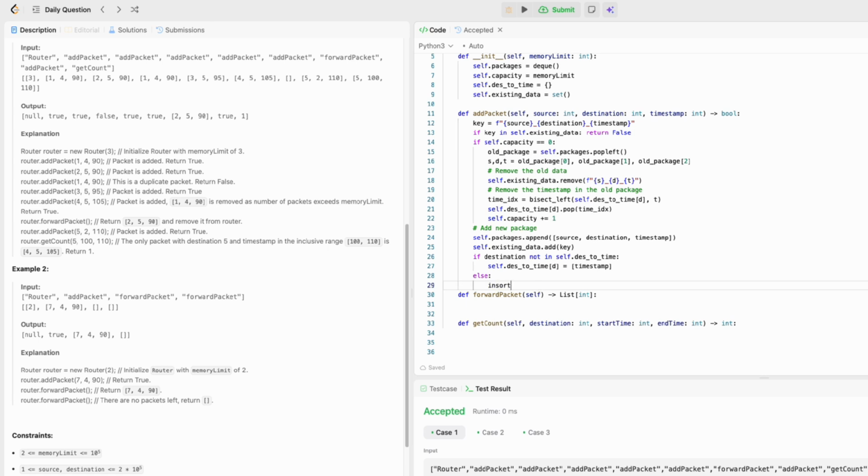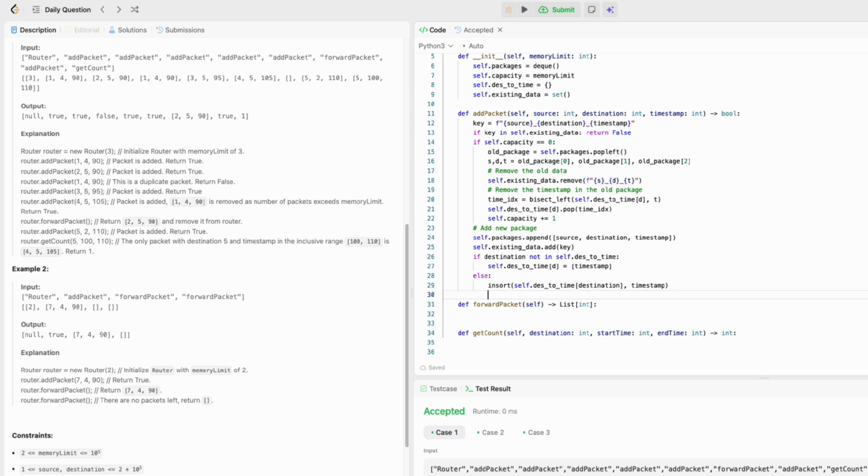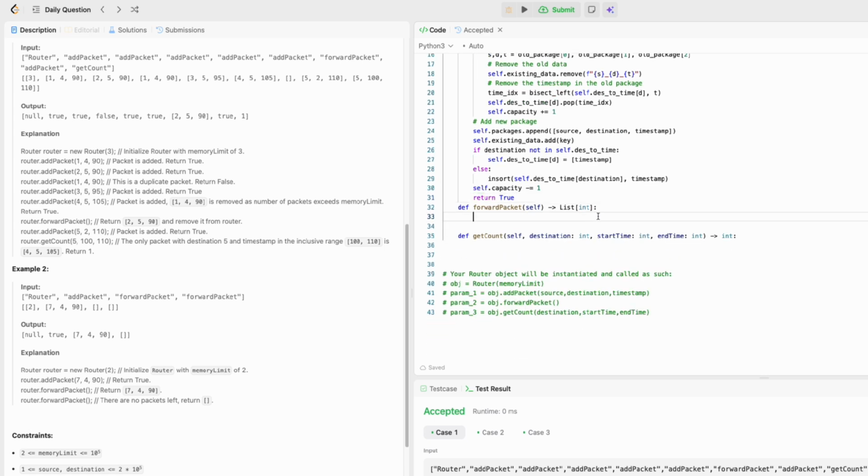So in here we can use the insert on self dot dash to time, and then we can have the destination, right? And then we will insert the timestamp of the new data, and for now we will get the self.capacity. We will minus this by 1, right, because we updated it, and we return the 2. Okay, so what if we forward the package, and